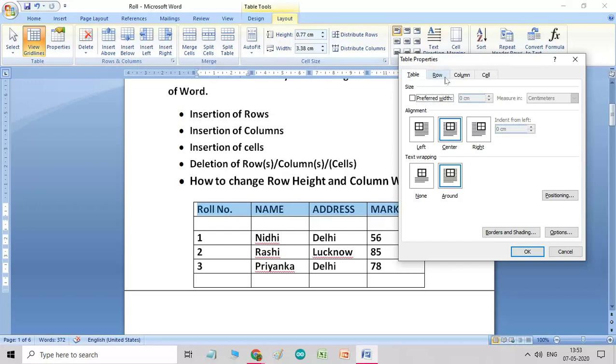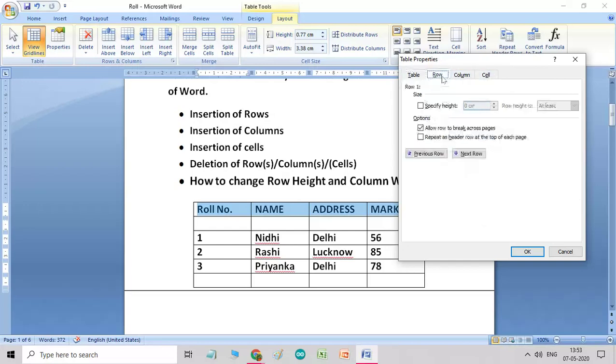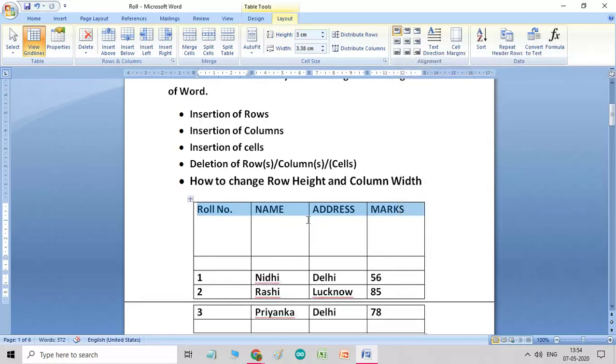Here also there is a table, row, column and cell tab. Click on the Row tab and then click on Specify height and type the height of it. Suppose I type here 3.00. Then I say OK. So you see in the table, this row size is increased. The height of the row is increased.